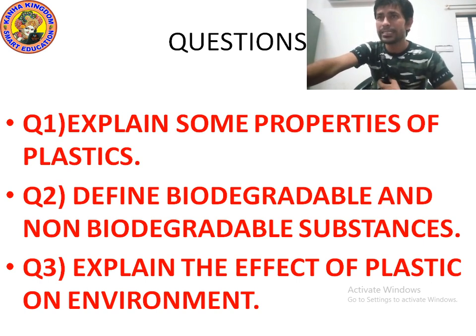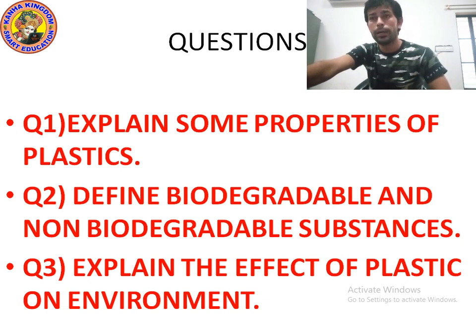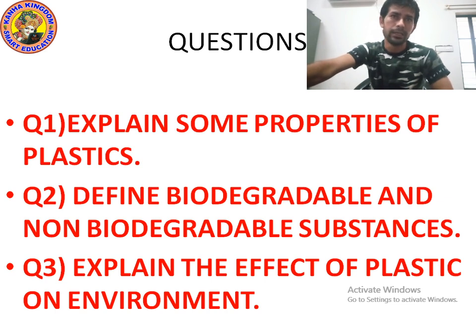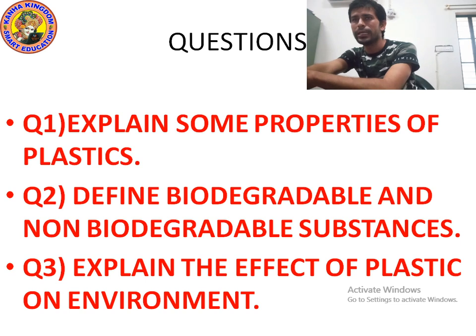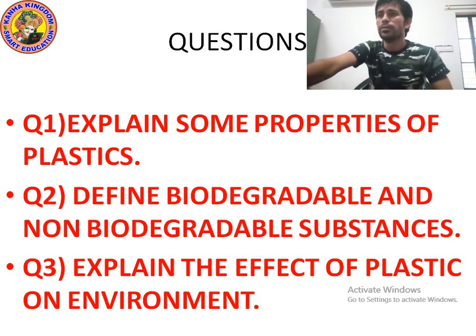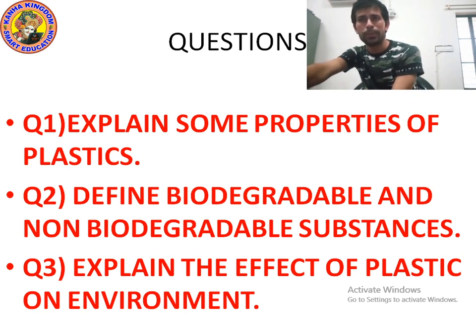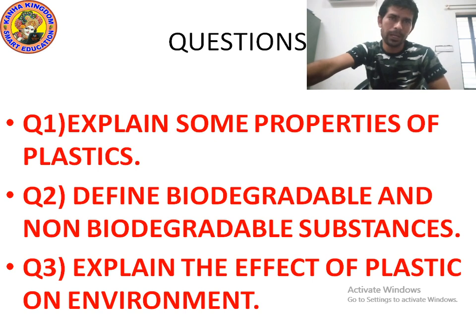Second property is plastic is light, strong and durable. Since plastic is very light, strong, durable and can be molded into different shapes and sizes, it is used for various purposes. Plastics are generally cheaper than metal, which is why they are used in industry and household articles. Plastics are poor conductors of heat and electricity. That is why electrical wires have plastic covering, and handles of screwdrivers are made of plastic. Frying pans also have plastic parts.